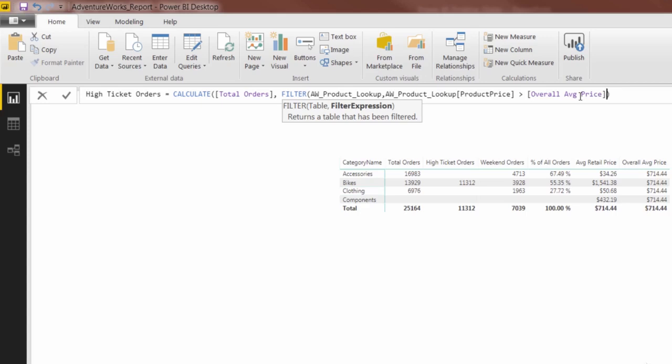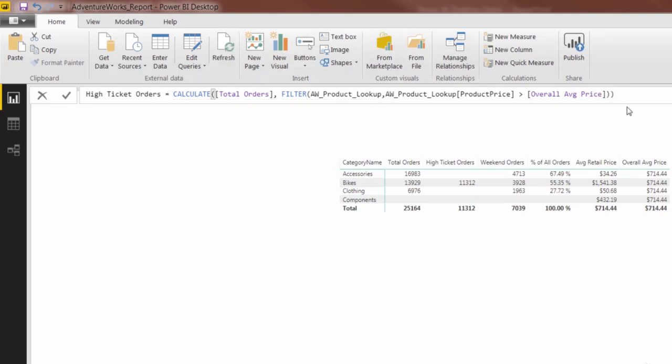table. And then we repeat the process row by row by row until it's gone through the entire product lookup table and hacked it down to a smaller table containing only the products that meet this expression that we just wrote. And then that table as a whole gets passed to the calculate function so that the total orders measure can evaluate against it. So a lot going on there, but you see how this can start to enable some really advanced, really complex stuff. So it looks like we just need to add one more closing parenthesis, and then we should be good to